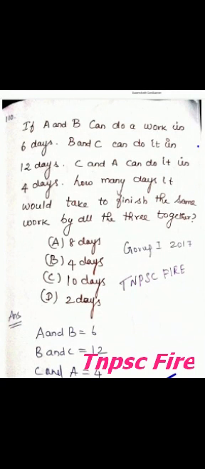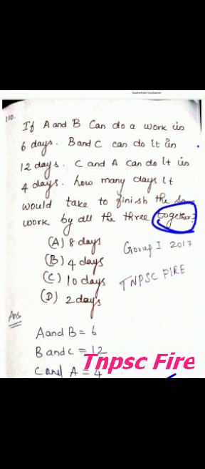Here they give together, so we use addition in the denominator. You add the values in the denominator, 6 plus 12, and when we simplify we get 4. Next we take C and A, and here we get the answer 4. Whenever they give 3 values, you do the same thing, no changes.